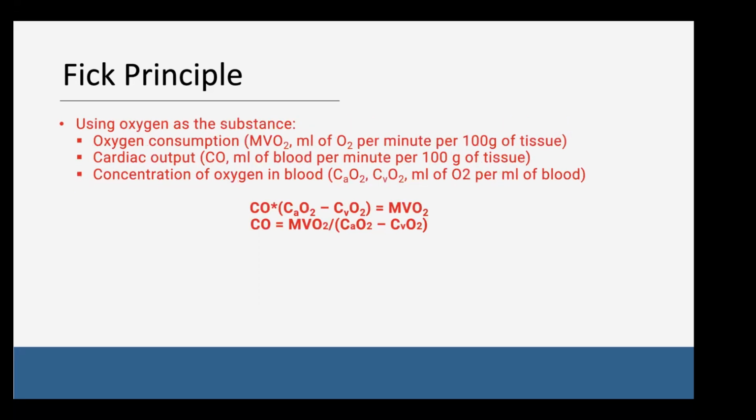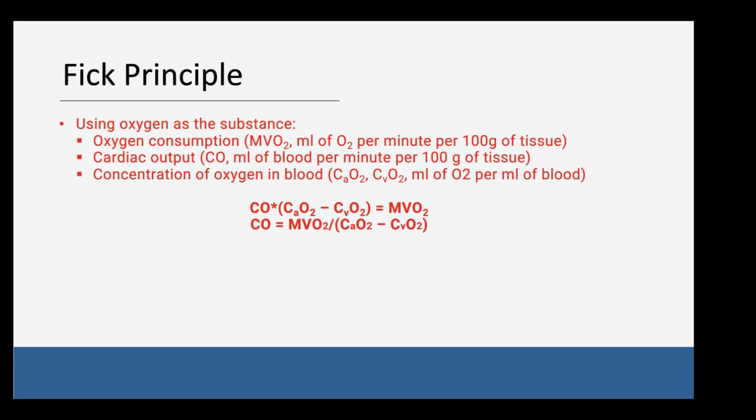If we treat the oxygen as the substance and the compartment as actually the body, then we can use the oxygen consumption, MvO2, sometimes you'll see it as V.O2, in cc's of oxygen per minute per 100 grams of tissue, as well as the cardiac output, which we typically express as cc's of blood per minute per 100 grams of tissue, and then the concentration of oxygen in the blood as CaO2 and CvO2 for both the arterial and the